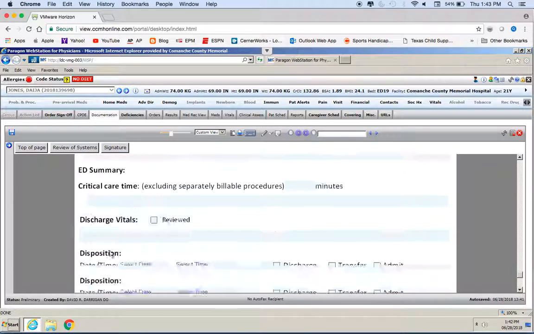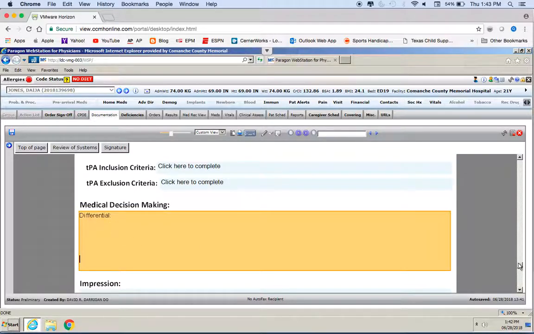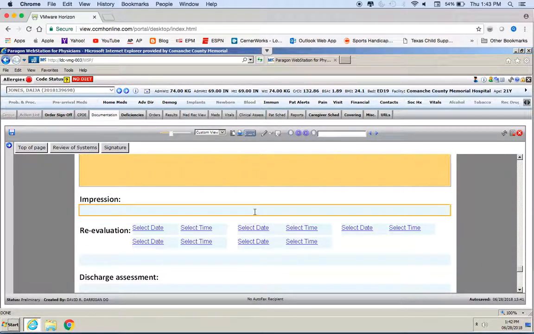And then for your impression, you're going to list your diagnoses. Please put more than one diagnosis if there is some. This increases the complexity of your chart, so you don't have to just put abdominal pain. It'll be abdominal pain, UTI, hematuria, or if it's a chest pain patient, it could be chest pain, history of diabetes, accelerated hypertension, and if their creatinine was 1.7, you could put acute renal insufficiency, things like that. You want to just show how complex the patient is. Prevents a downcode